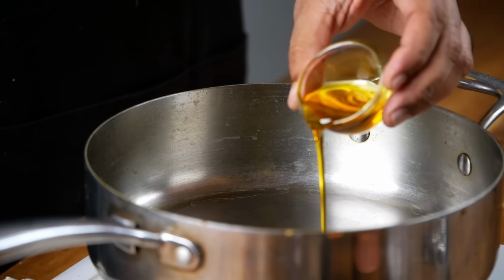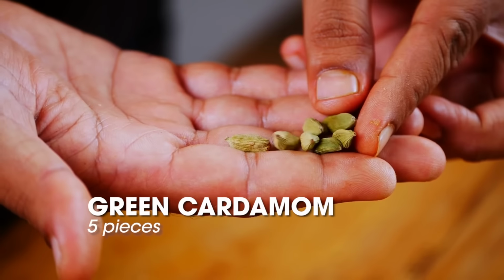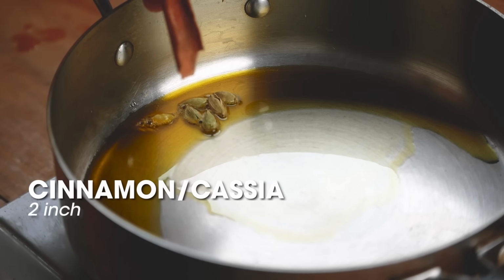Now it's time to bring all the pieces of the puzzle together. Heat about 3 to 4 tablespoons of oil in a pan on medium heat. Once again, for this dish, mustard oil is the best oil. Add 5 green cardamom pods to it, 2-inch piece of cinnamon or cassia stick,